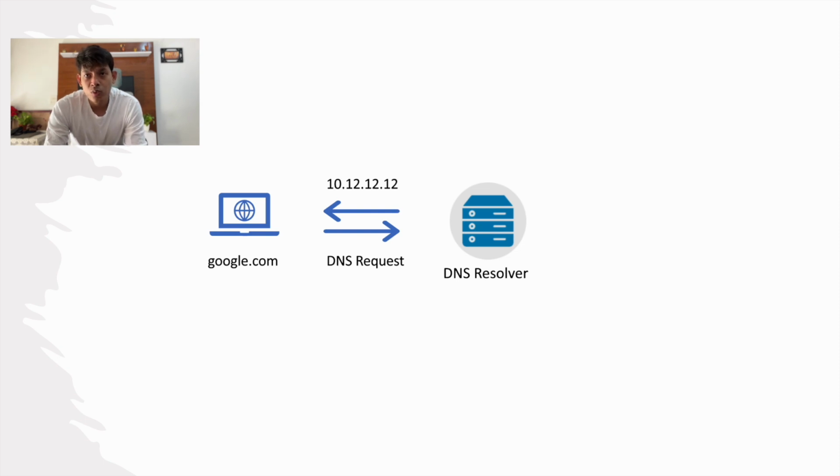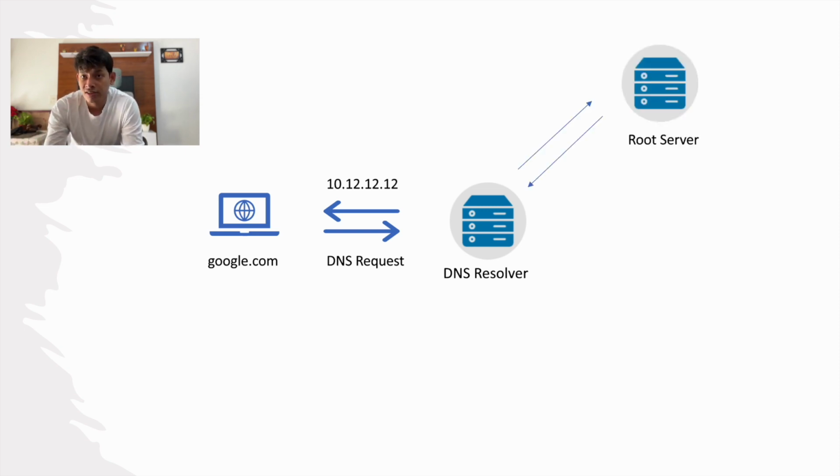Then the domain name server looks at the URL in parts. So let's say you have google.com. At the end you can see there is a .com. So it will say, okay, I know that this is a .com, so it needs to go to a specific server, or you need to ask somebody else to know where exactly I can find that IP address. That specific server is called the top level domain server.